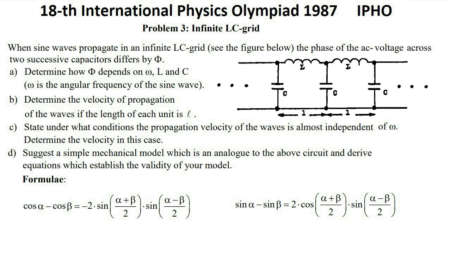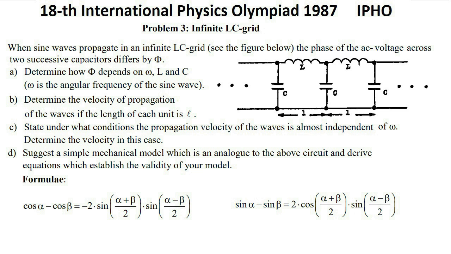Question B. Determine the velocity of propagation of the waves if the length of each unit is L. Question C. State under what conditions the propagation velocity of the waves is almost independent of omega. Determine the velocity in this case. Question D. Suggest a simple mechanical model which is an analog to the above circuit and derive equations which establish